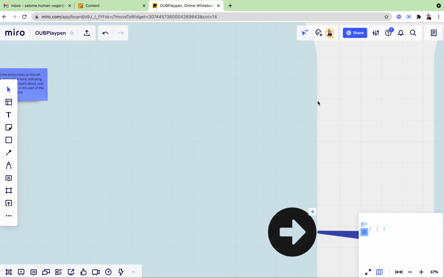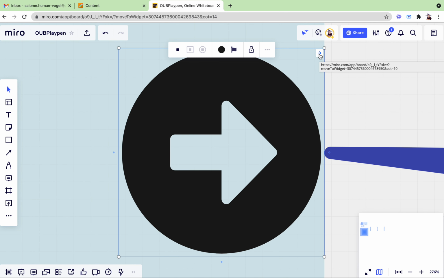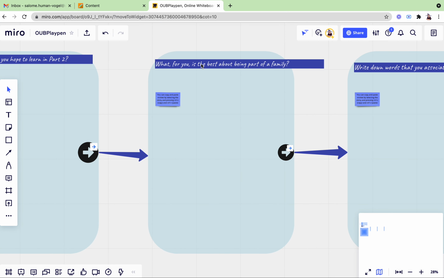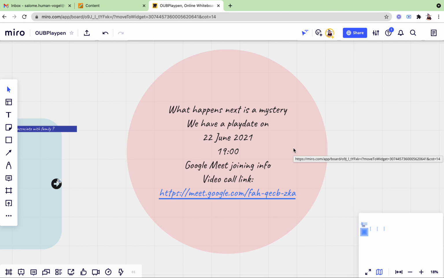When you are done with this very first activity, there is the arrow. If you click here, nothing's going to happen. You have to click on this little top button over there. So if I click on it, it will take you to the next activity. Again, you will see the instructions on the sticky note. If you click on this, this will be the last one. And if you click on this,